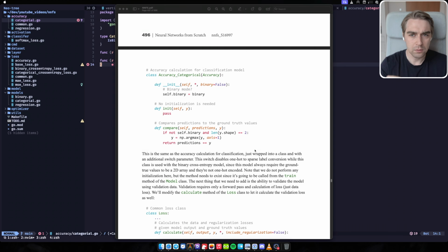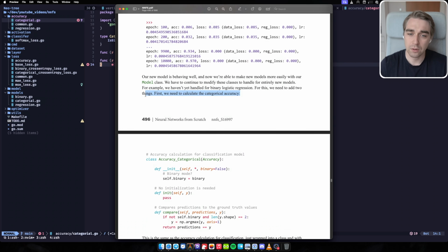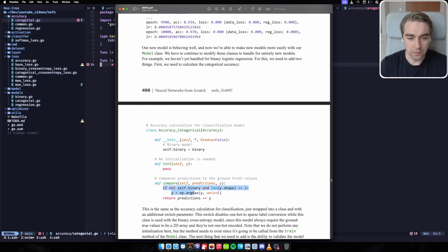And currently, I'm going next into the book, and for example, we haven't yet handled binary logistic regression. For this, we need to add two things. First, we need to calculate the categorical accuracy. That's what I started. And there is an interesting thing. I think we're going to kind of merge accuracy categorical for both cases, or a case with a binary regression where we have only one,